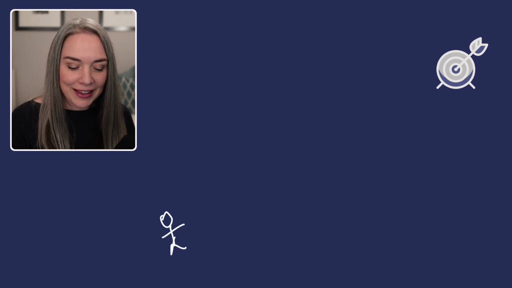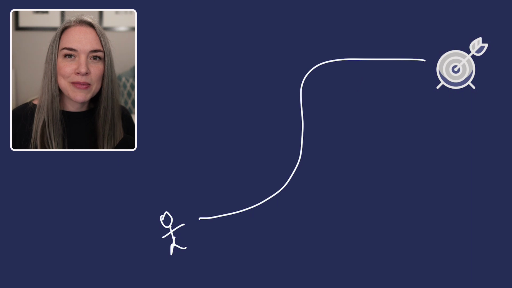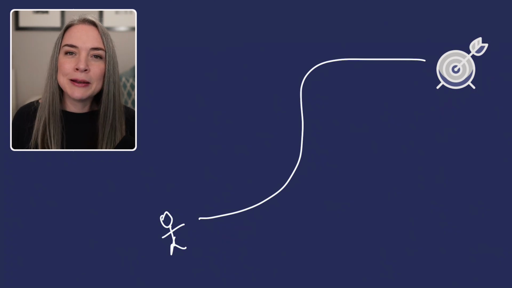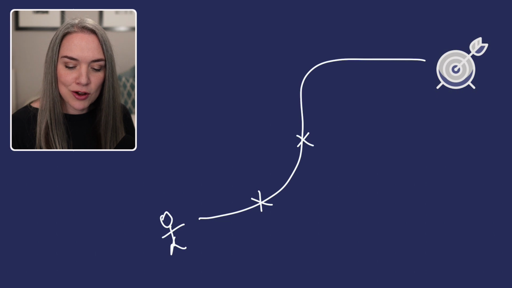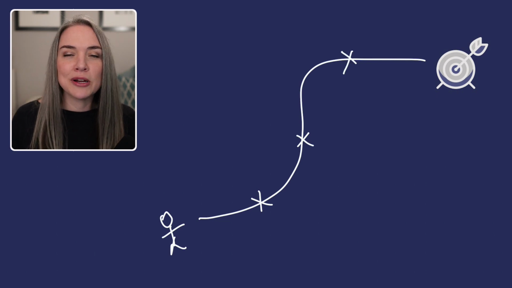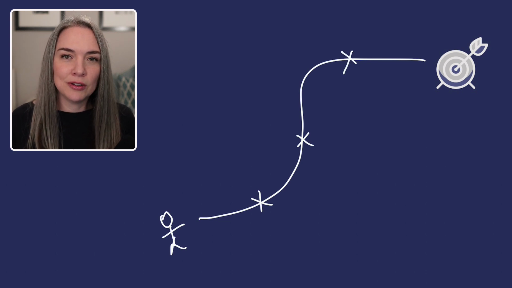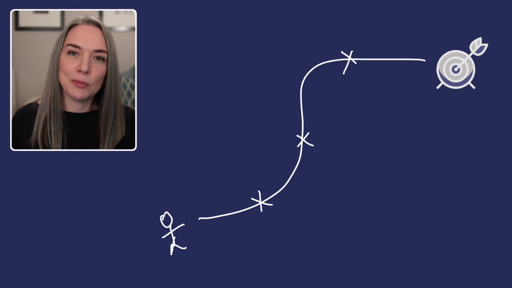We have this target in mind, this future version of ourselves, of where we want to be, where we want to get. Right now, we're over here. We're kind of down over in the bottom, and we have an idea of the path. Maybe it's not a straight path. It rarely is. But if we don't realize that there are going to be different types of roadblocks along the way, these barriers that are going to make it hard for us to get closer to the goal, then it can be hard for us to make progress. So what we want to do first is understand, what are these roadblocks? There are three, in my personal opinion.